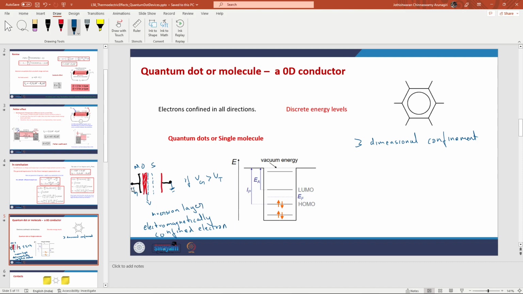So if this is true for this direction, then maybe I can apply two more electrodes here and confine the electrons in that direction as well. That is also totally conceivable and possible. So typically we will see that quantum dots are not just very small pieces of material, because fabricating that is extremely difficult. So usually quantum dots are